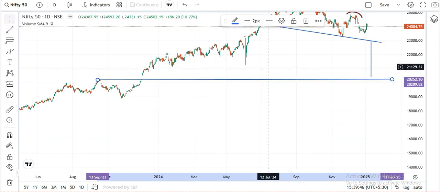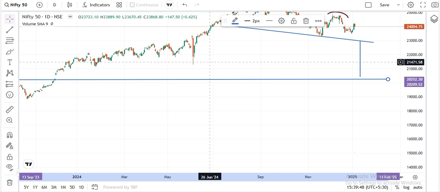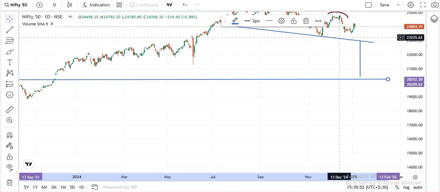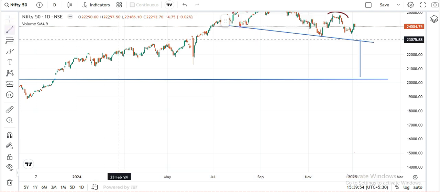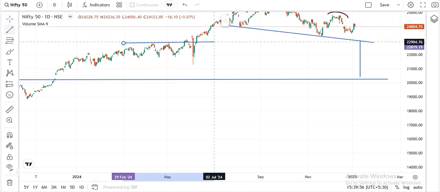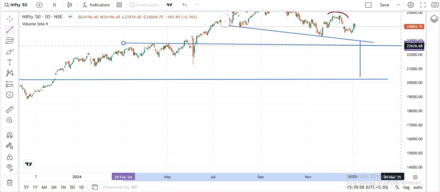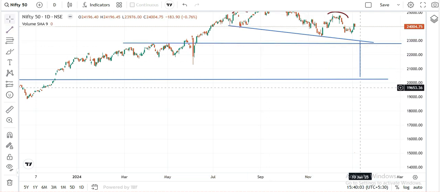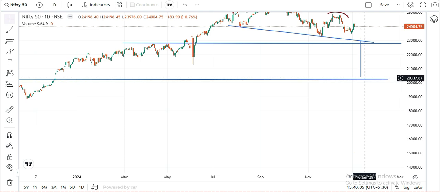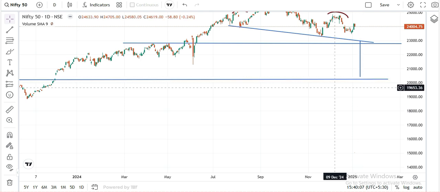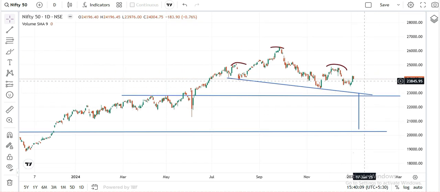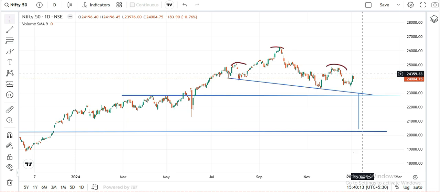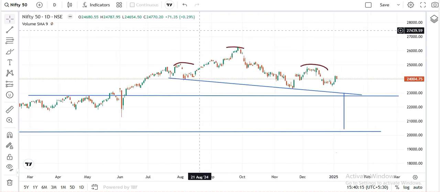20,000 levels. Okay, in the another case, if Nifty breaks this trend line, then you can expect Nifty to immediately come up to this levels. If it breaks that level, the next target will be 20,000, approximately 20,200 for Nifty on the higher side. If this is one scenario, if this head and shoulder doesn't work out, in that case,